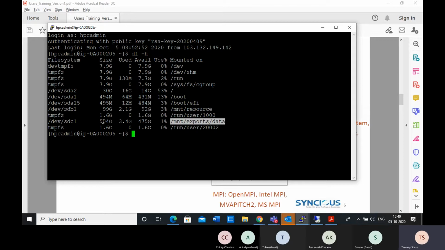Currently it is 500 GB, out of which 475 GB is available. You might question why it is so low or so high, whatever your question might be, but because it's a cloud, you can increase it, and as I said, we can also increase and decrease it whenever the requirement changes. This is the starting period of our HPC usage, cloud HPC usage.